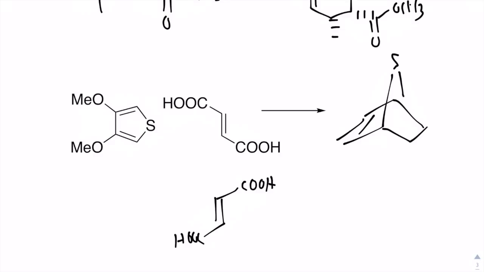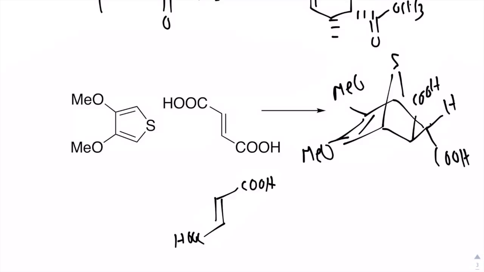We have this alkene, so don't worry about up or down orientation of these methoxy groups, since we're connected to a double bond. And then now we have to consider this cis-trans arrangement. Well, there's no choice. So in this first arrangement, we can say that this carboxylic acid is down, which means that hydrogen has to be up. But since it's trans in my dienophile, we have to show the other one up, and then the hydrogen down. So that's the first regioisomer. If I wanted to draw the second one,